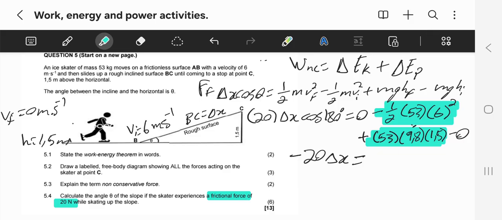So on my calculator, guys, I'm going to say half. And then in brackets, we will have 53 multiplied by 6, which will be squared, plus this plus, because remember, we are putting these. Obviously, the 0 I'm ignoring because I'm not going to use it. But you can say 0 minus this plus this. So this is what we are adding. Plus 53 in brackets, 9,8 in brackets, and 1,5 in brackets, minus 0. So the answer we get is going to be negative